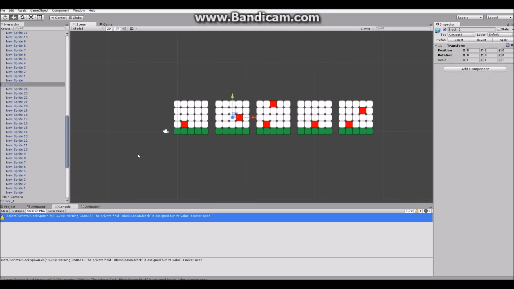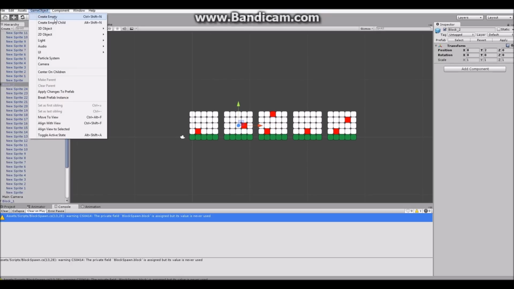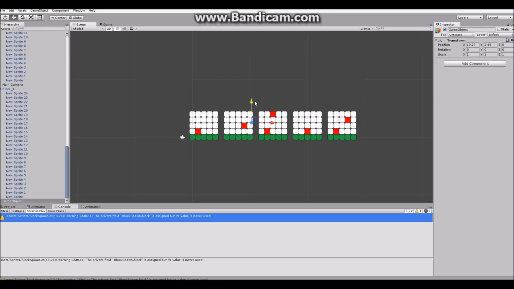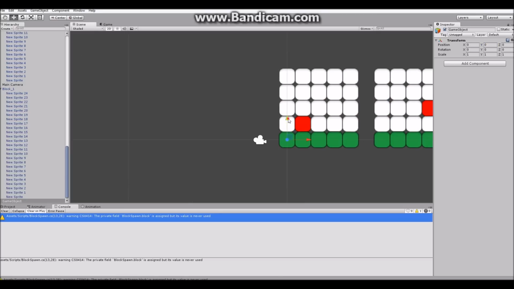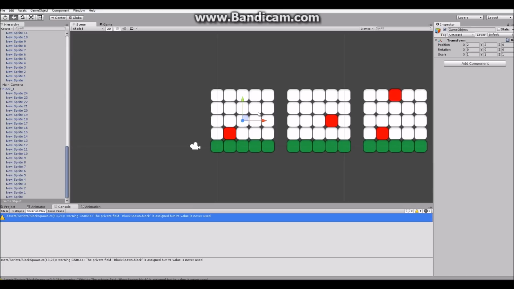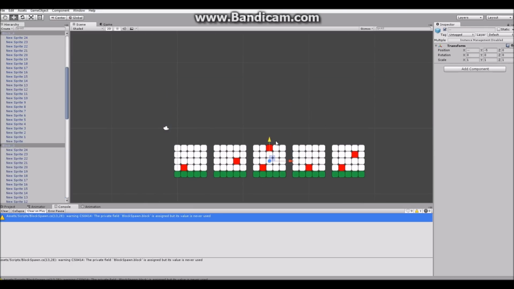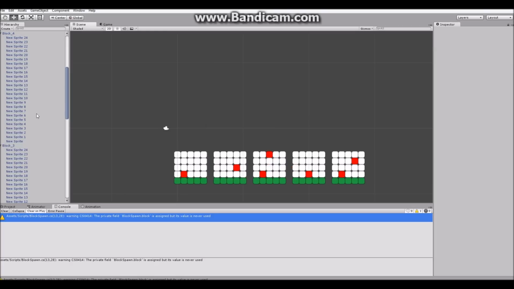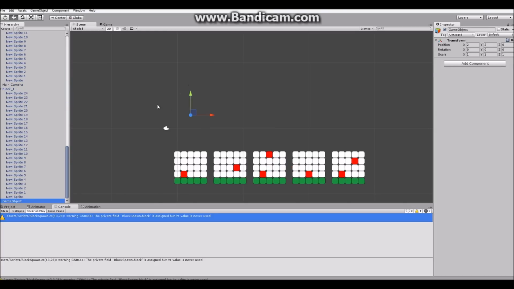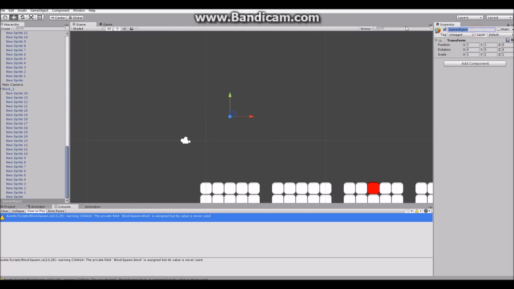Cool. So now if we grab this block again and put it back to where it was meant to be, and then create a new empty game object, and we'll place this into the center of the world, and then we'll put it at the center of this, and then we'll grab all these, put that down there, and then we want to grab our new empty game object. Ah, cool, it's still there. So we'll call this block spawn